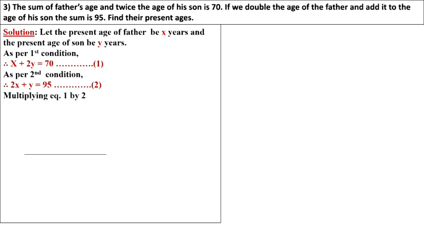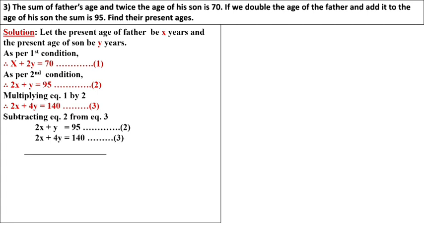So here what we will do is multiply equation number 1 by 2, to eliminate x. So it became 2x, 2 times 2y is 4y, 2 times 70 is 140. So we got the third equation. Now subtracting equation 3 from 2, if we subtract, the symbols will change. The positive number becomes negative. So 2x will cancel. From 4y, minus y becomes 3y, equal to 140 minus 95,